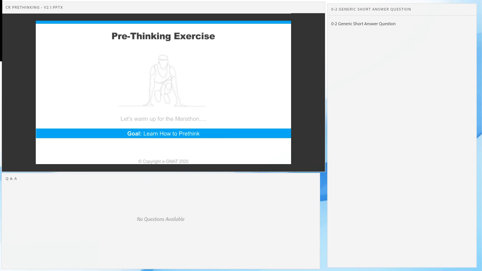Okay, so this is a basic foundation of this. We are now going to do a pre-thinking exercise. We're going to up the ante, but we're not going to learn anything new. We're going to apply what we have learned on 4 to 5 examples, and that way we're going to enhance your understanding. The first thing is I'm going to give you an argument, and I'm going to ask you to pre-think an assumption. There will be no answer choices. All you will have is an argument to go on, and you will tell me what the author assumes here. Okay, are you guys ready?